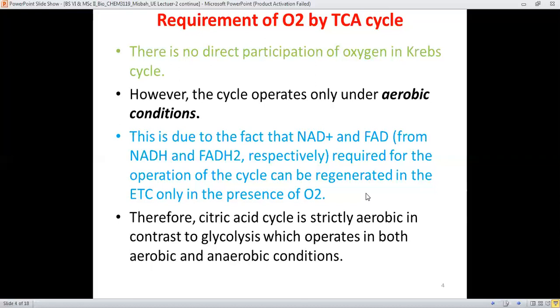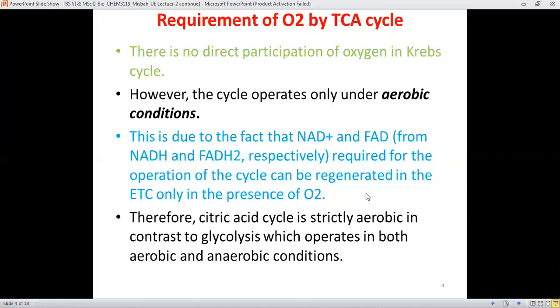I have told you many times that none of the metabolic cycles or reactions is independent. All of these metabolic reactions or pathways are linked together. They are all interdependent on one another. Therefore, one cycle is correlated to the other, and the pathway of one intermediate is dependent on other pathways multiple times.